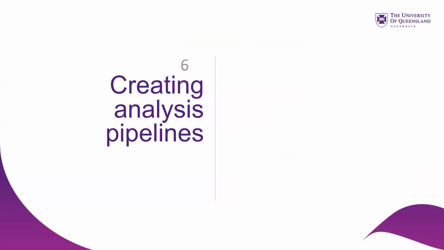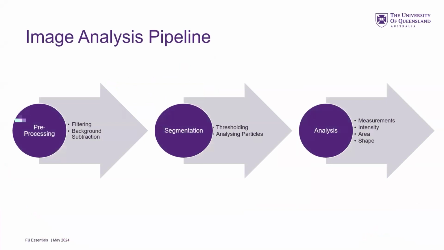How to create, or creating, analysis pipelines. So a usual image analysis pipeline, I think, is divided into three key steps. The pre-processing, or massaging your data, so doing some filters, doing background subtraction, that kind of stuff. Then segmenting or finding the objects, and then measuring them, or doing some analysis on them. So we'll step through these three steps, or these three bits, and explain them in a bit of